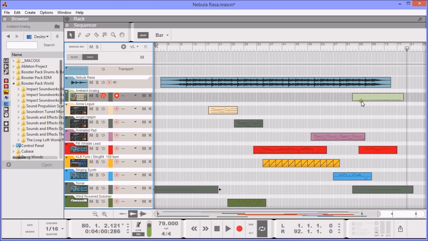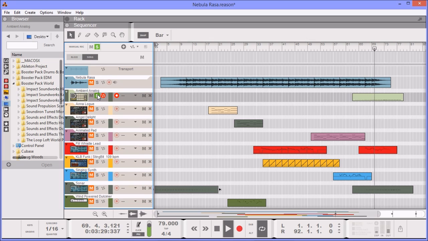So all I did was just put the fade in the bass drum. And it just fades in slowly like that and takes over from the bass drum in the Nebula Rasa track.